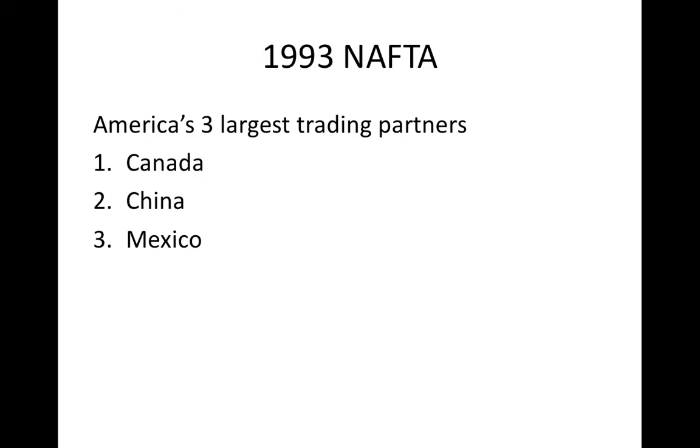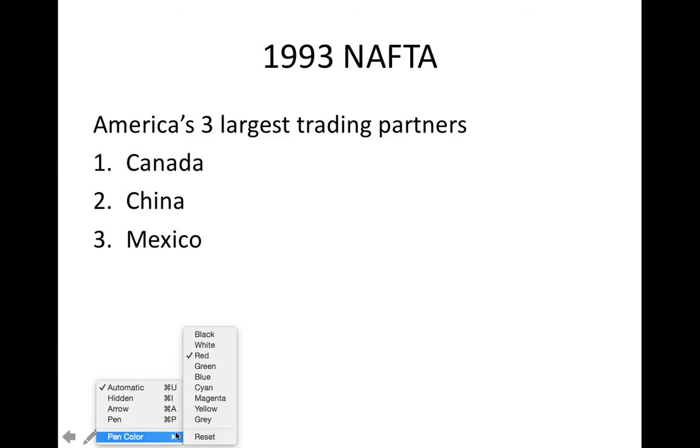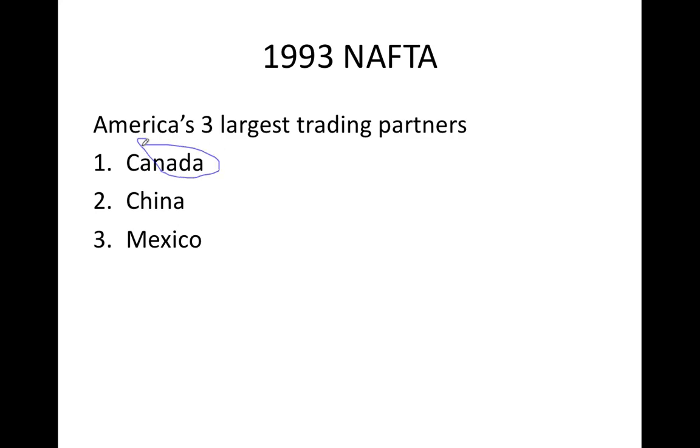So our three largest trading partners in the early 90s are Canada, China, and Mexico. And we decide to create a free trade agreement with two of them, our neighbors to the north and south, Canada and Mexico. So what is a free trade area? It means that there are no tariffs on most goods between the three nations. This benefits theoretically all three countries,